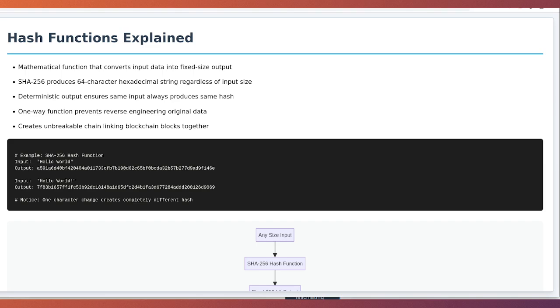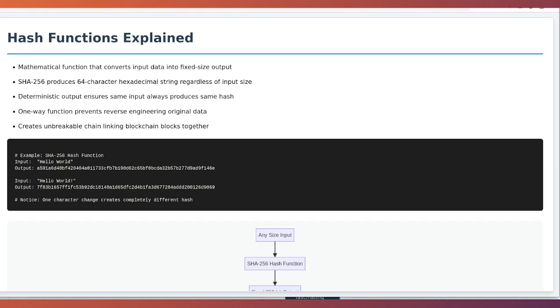What makes hash functions special are their unique properties. First, they are deterministic. The same input always produces the same output. Second, they are one-way functions. You cannot reverse engineer the original input from the hash. Third, they are collision resistant. It's virtually impossible to find two different inputs that produce the same hash. Fourth, even a tiny change in the input creates a completely different hash, known as the